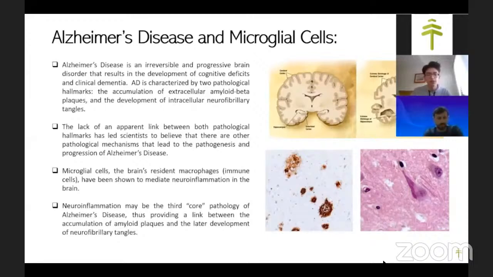Inflammation in the brain is mediated by microglial cells, which are the brain's resident macrophages, which are part of our body's immune system. And because of this, they have been shown to mediate neuroinflammation in the brain by the secretion of pro-inflammatory cytokines. So scientists believe that this neuroinflammation mediated by microglial cells might constitute this link between the development of amyloid beta plaques and the further development of neurofibrillary